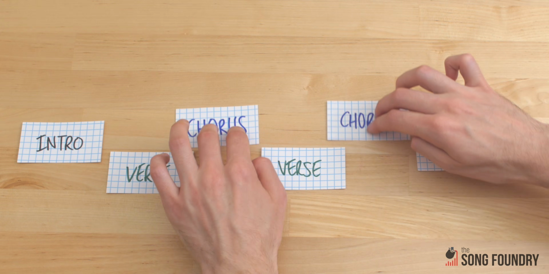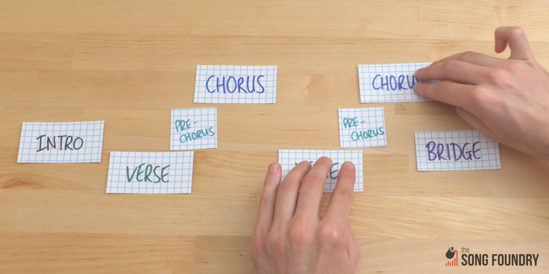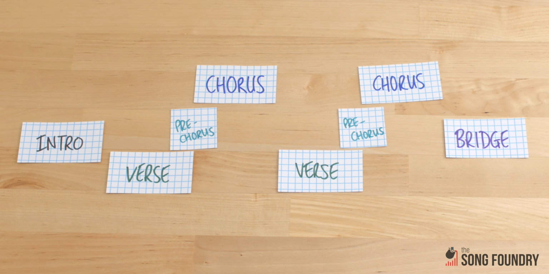In some songs, the verse and chorus are separated by a dedicated transitional section called a pre-chorus or climb, which builds in intensity and energy into the chorus. So there's the theory. You've seen that verse-chorus structure isn't just a formula. There are lots of different variations based on a few key principles. The exact combination you choose depends on the kind of song you're trying to write and what sections you need to say what you're trying to say.